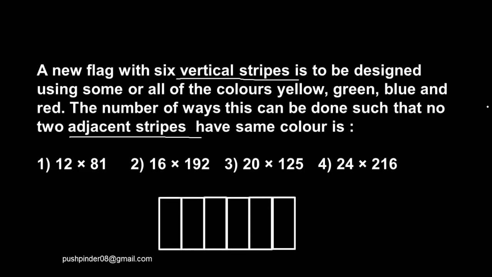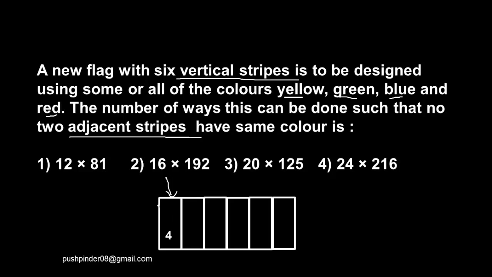So in this kind of question, what you have to do is start from anywhere. Let's start right from here. So how many colors can you give this stripe? You can give it either yellow, green, blue, or red. So there are 4 ways in which you can give color to this stripe. Now we have to meet the condition, and the condition is that no two adjacent stripes should have the same